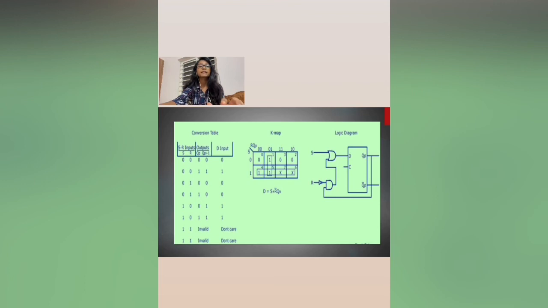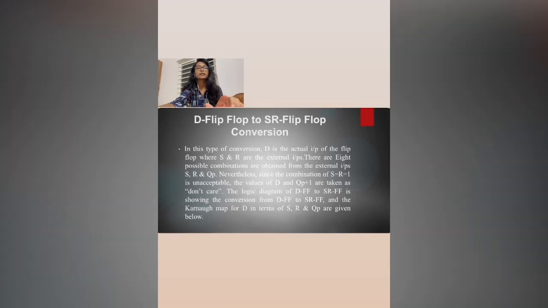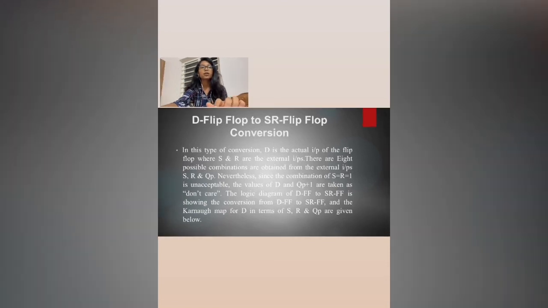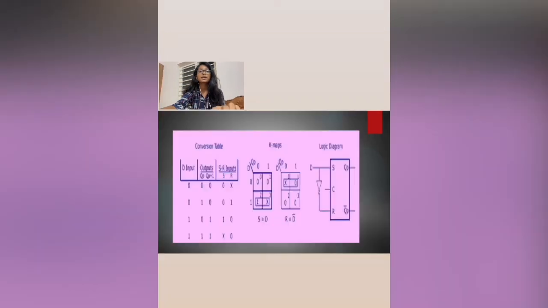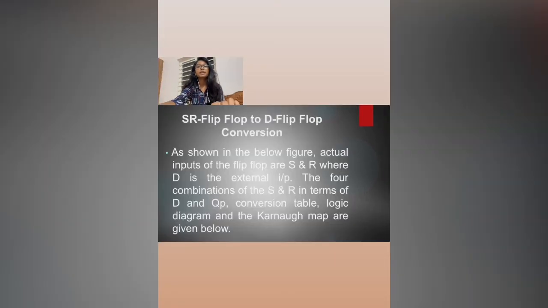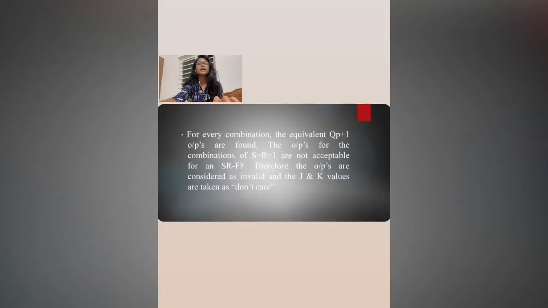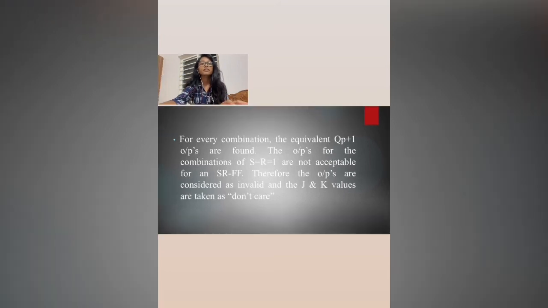Table. Using the characteristic table, we draw a K-map. R and QP are given below. This one are taken as don't care. The logic diagram are 8 possible combinations and R up and R, and we draw a logic diagram. Then we find out the Boolean expressions for S and K-map are given below. The 4 combinations of S and R enter as invalid, and the JK values are taken as don't care. For an SR flip-flop, therefore outputs are JK